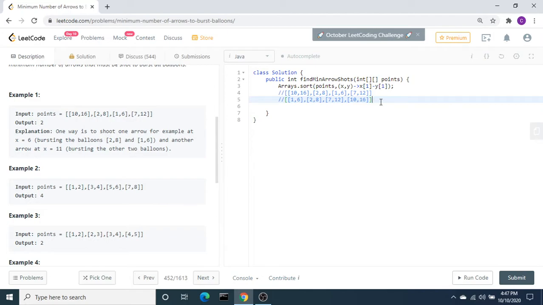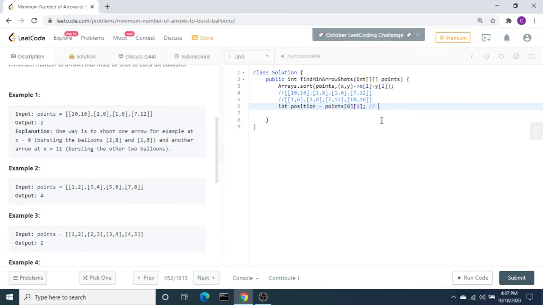In this, I'm going to take the position as the first point and the count as 1 by default. I declare one variable, int position, equal to points of first one, the second position, the 6 I'm going to take.